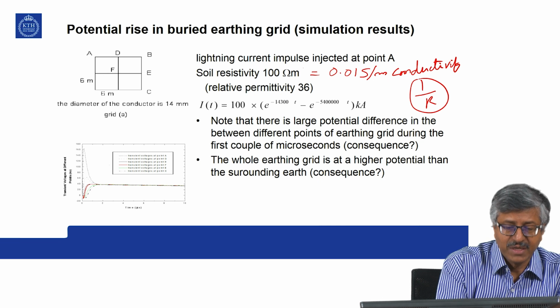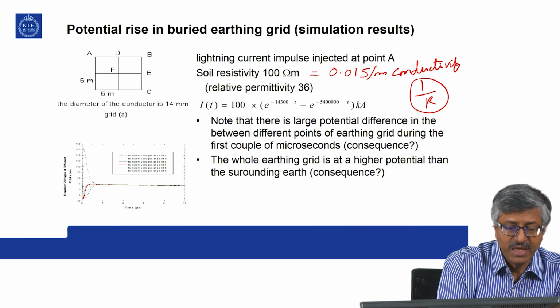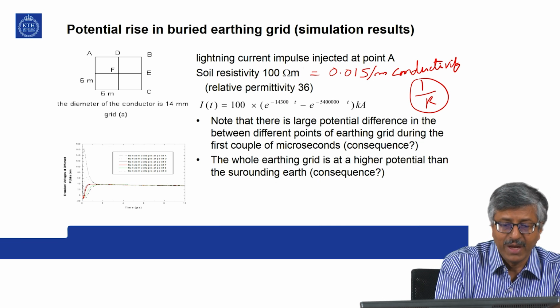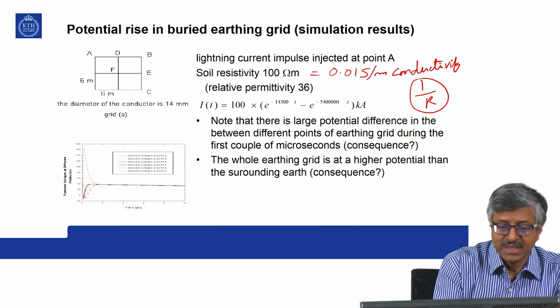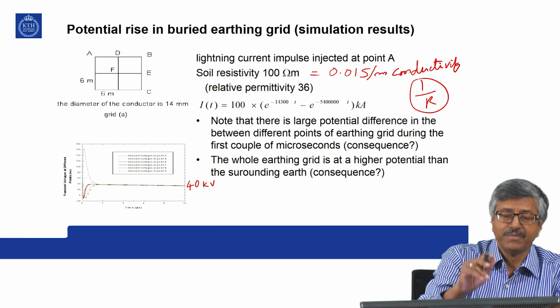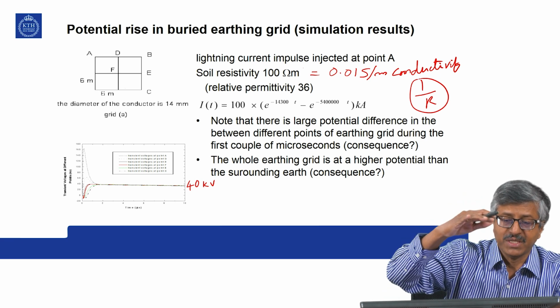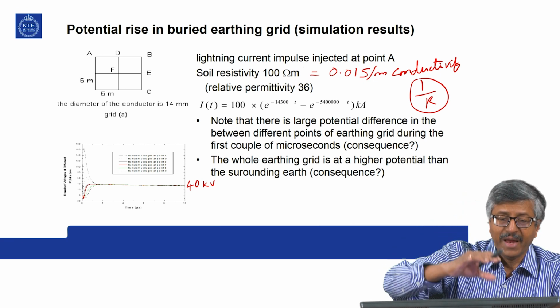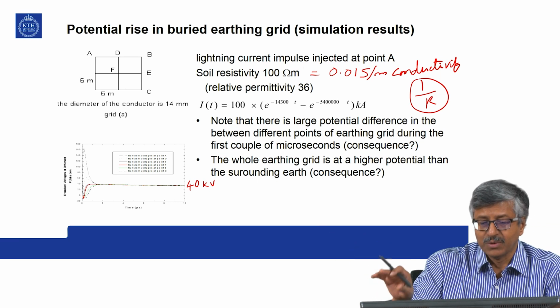Only after that you reach a steady value, which is around 40 kV. The whole grid goes up in potential to 40 kV, and that may drive currents to adjacent